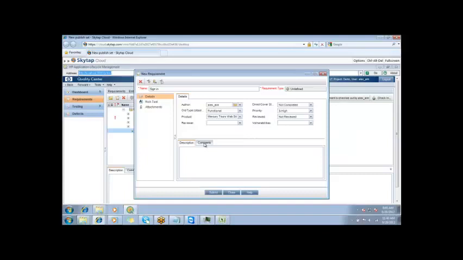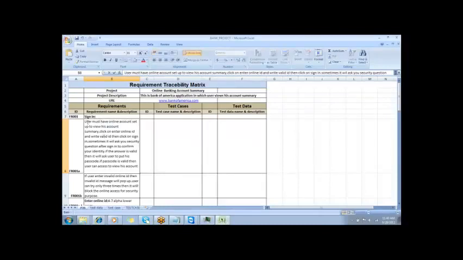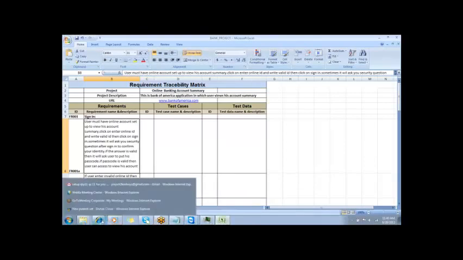Okay. So now I have to write the description here. Where is my description? The same description. Do you see here? User must have the online account and then set. Okay, this is FR001A. I can't write it like that. I have to describe the sign in function. So I'm going to mention it over here.